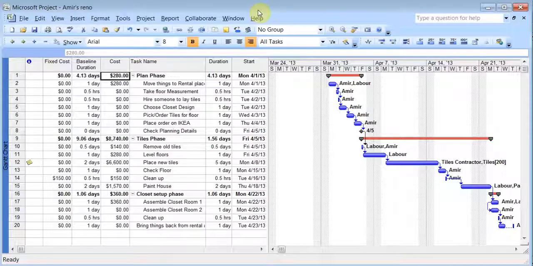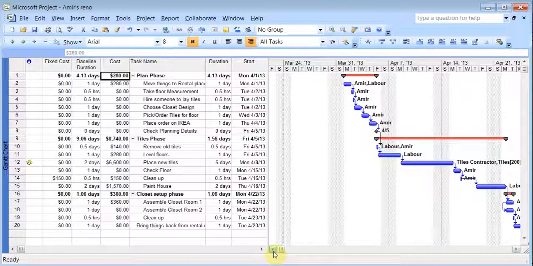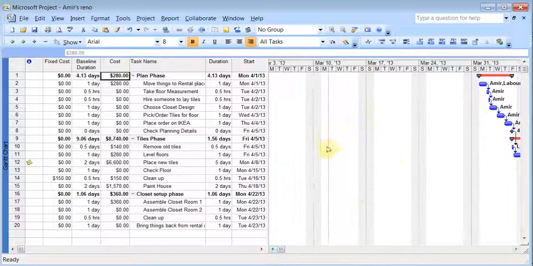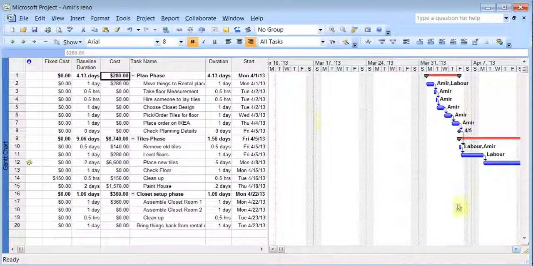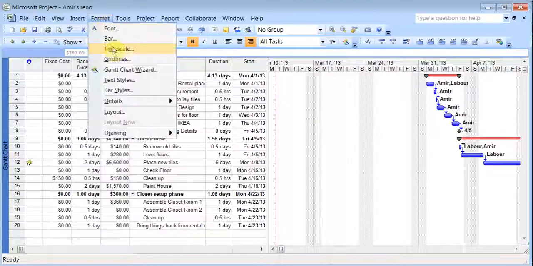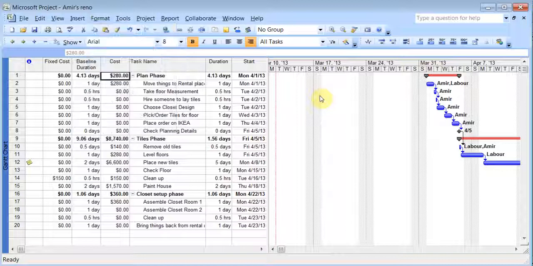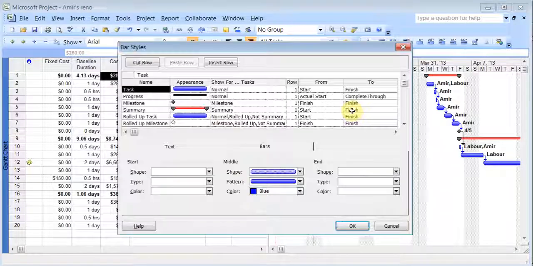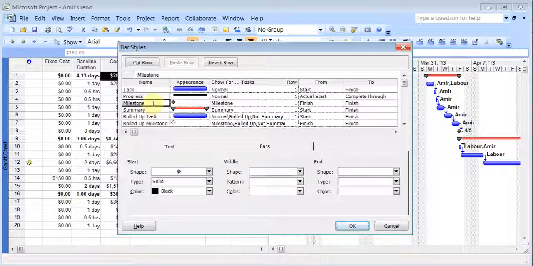In this video I want to talk about some advanced formatting features. If I scroll across I'll see the current date in red if I'm able to come across here somewhere. So there it is. Those things are nice, and you can customize anything in grid lines. You can even go to format grid lines. You can even right click here, go to bar styles, and I had shown you earlier in one of the videos where you could change things like the milestones instead of